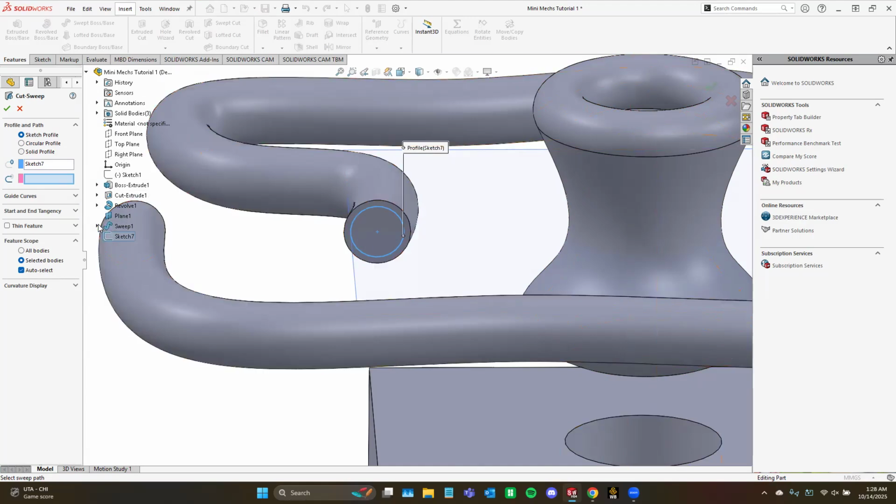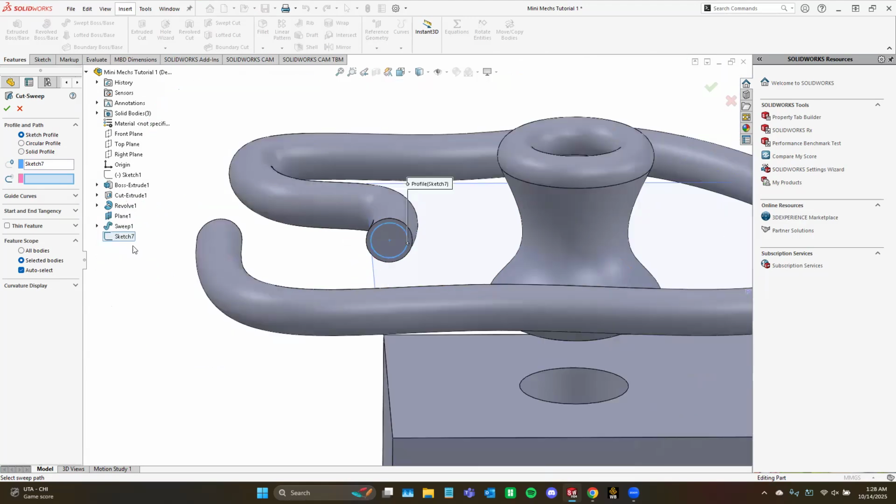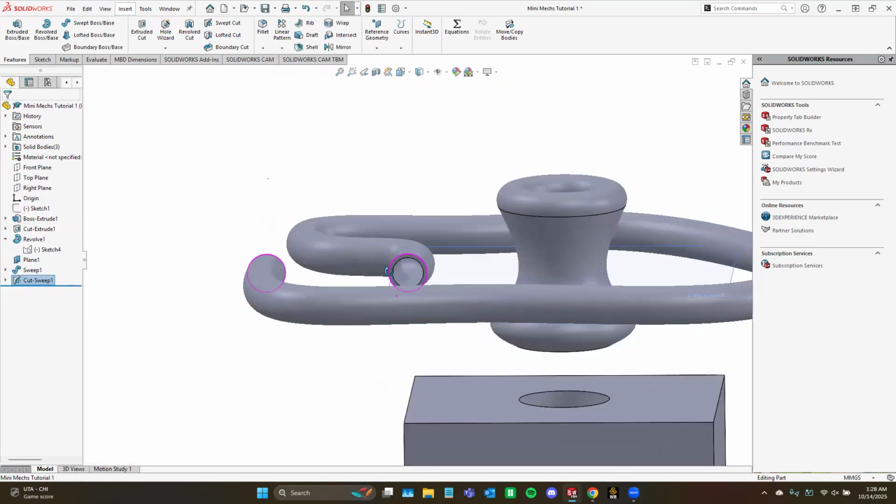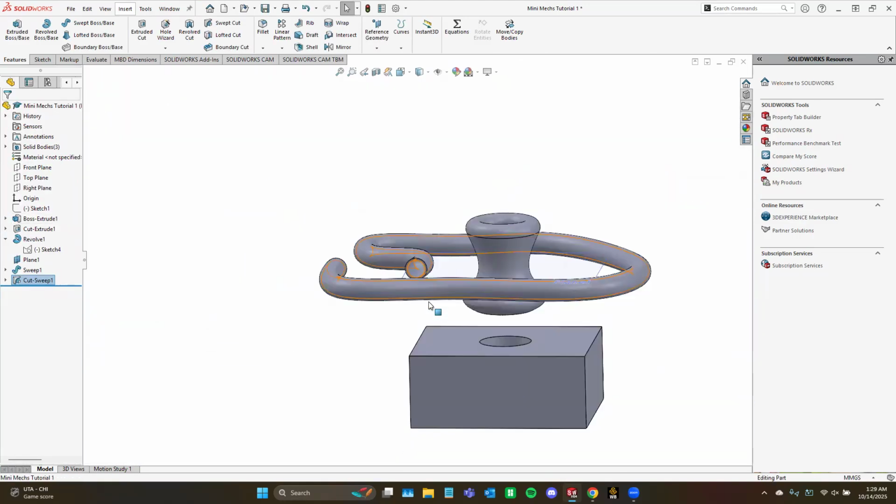pieces we have in our part. We're going to click the drop-down menu on the sweep right here, and click on the sketch. That's going to define the path. With the path and with the profile, it's ready to cut. Then click OK. And it's going to hollow